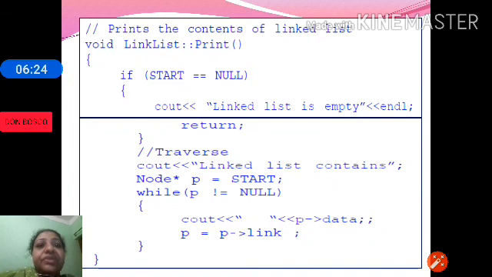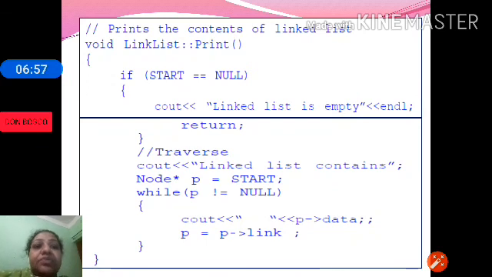Otherwise, we will traverse. Cout linked list contains; node star p. P is of type node, equal to start. We are making P point to the first node, and we will print the data till we reach null. As we know, the link part of the last node will always be null.